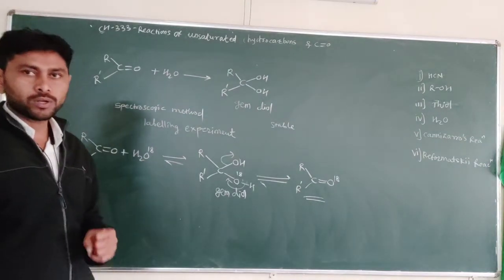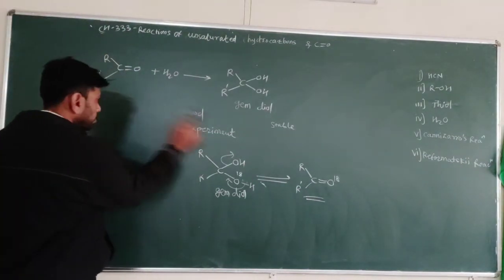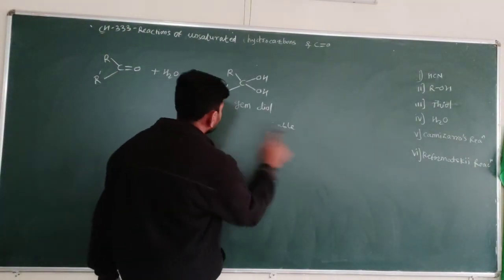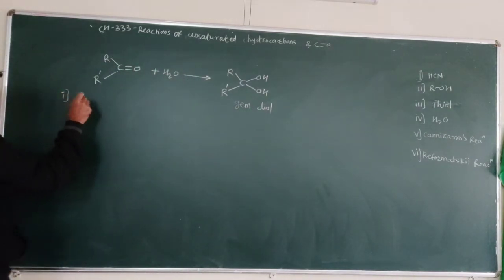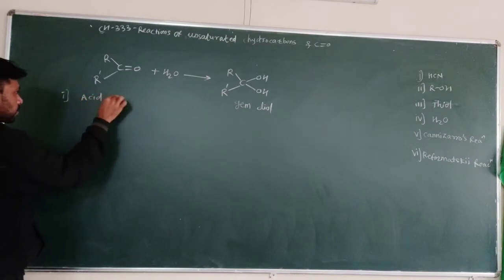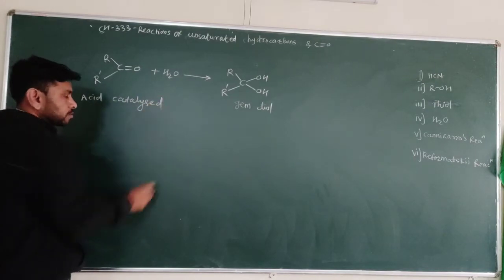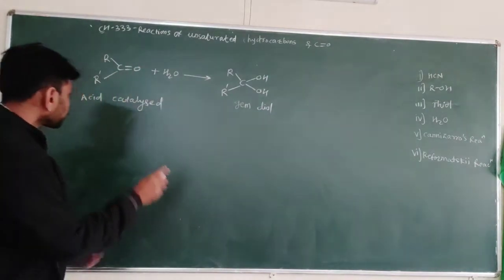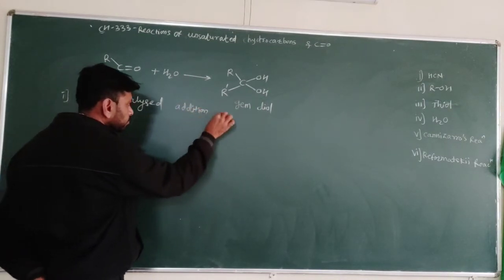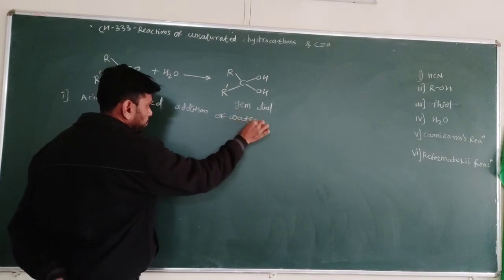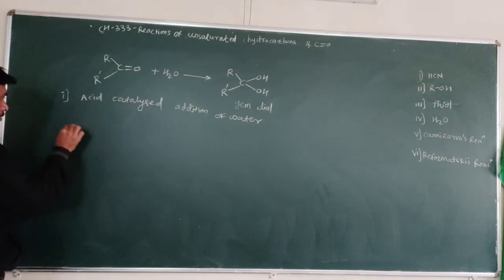But this addition of water molecule is possible by two ways. These are two types of reactions of addition of water, or formation of gem diol. The two types are, first, the acid catalyzed formation of gem diol, and second, base catalyzed. So let's see first the acid catalyzed addition of water. So in acid catalyzed addition of water, see here